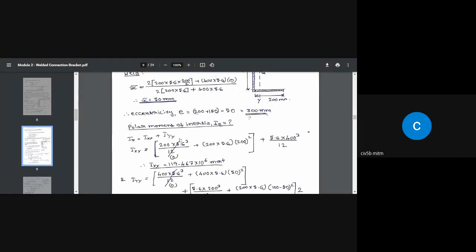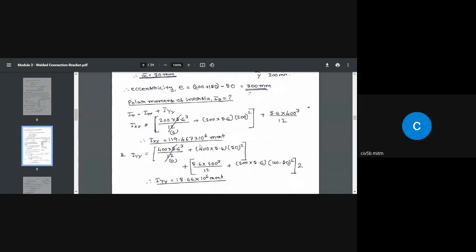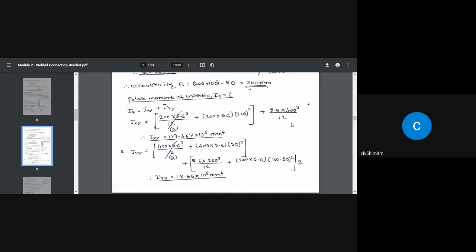So as I said before, 5.6 cube, that is smaller number cube, will end up getting some number which is not so significant. Okay, we can ignore this. Even if you include this, I don't think it makes a difference, but develop the habit of ignoring these small numbers. So finally, I got Ixx value equal to this much. So please check the calculation line. Next, similarly,